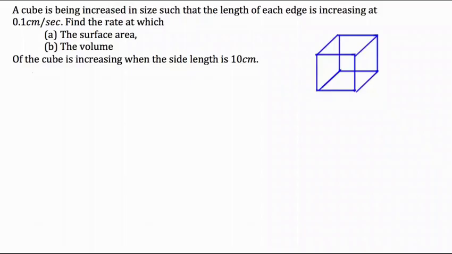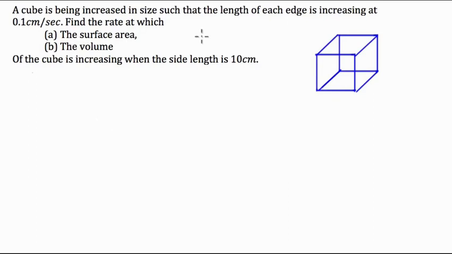G'day guys, we've got a related rates question here today where it's saying that a cube is being increased in size such that the length of each edge is increasing at 0.1 centimeters per second. Find the rate at which the surface area and the volume of the cube is increasing when the side length is 10 centimeters. Now we're going to use related rates for this question, and related rates basically take the chain